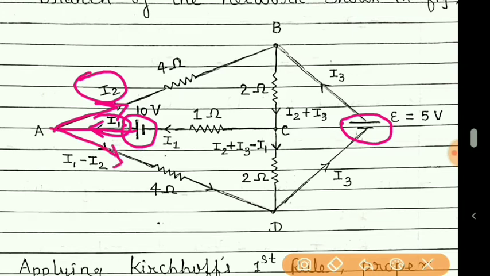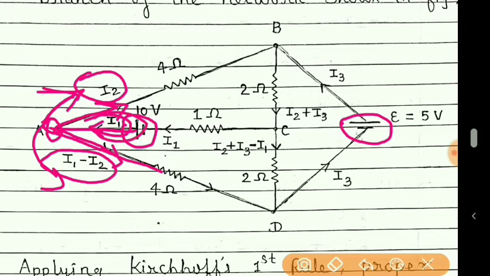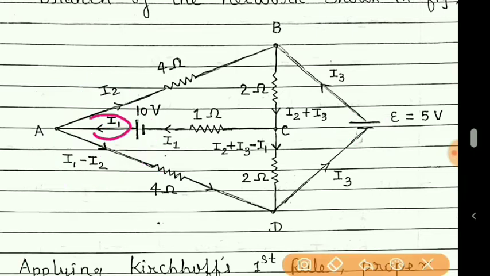So on this side how much current remains? Because we know that according to Kirchhoff's first rule, whatever current is coming towards a point should be equal to the current moving away from that point. So I2 is already in the upper branch, so the remaining current will be in this lower branch. From this I1, I2 is removed, so the remaining I1 minus I2 will move in this branch. Now this current moves ahead to point B.